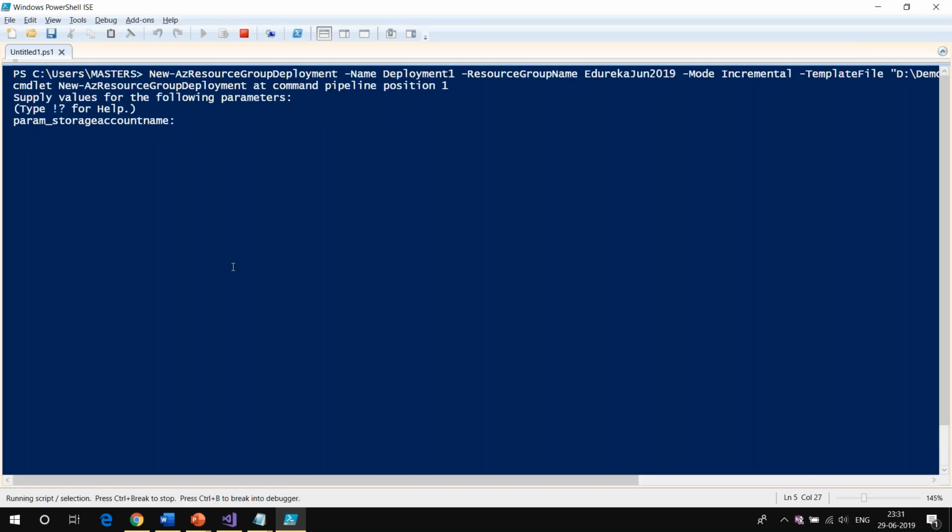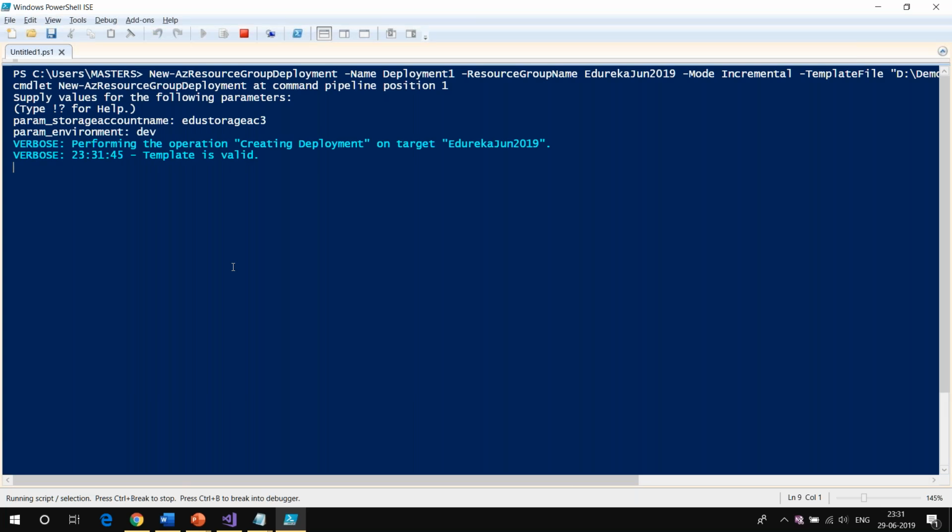It is asking me the parameter name, storage account name. I'm going to write edu storage AC3. Then it is asking me the parameter value for environment. I'll say dev here, and I'm going to run it. Just keep an eye on what is the name that will be created. Just give it a second.